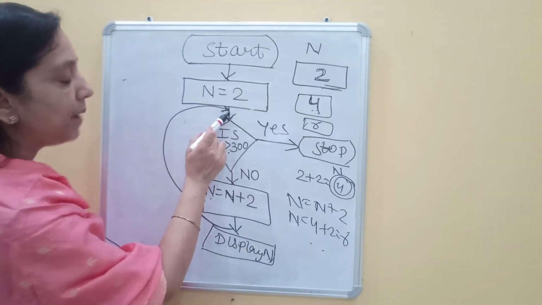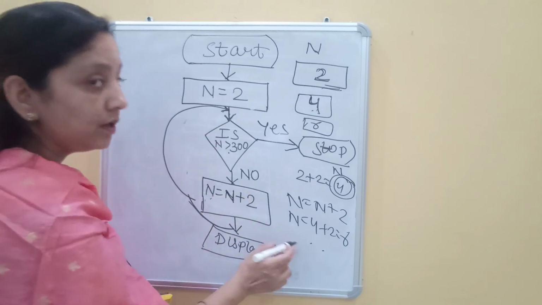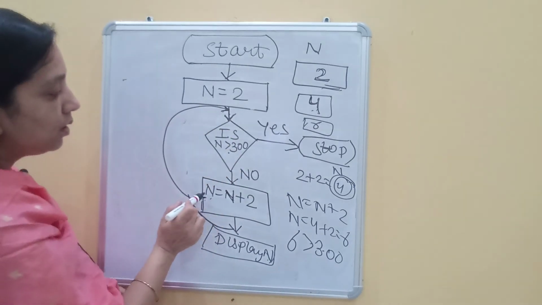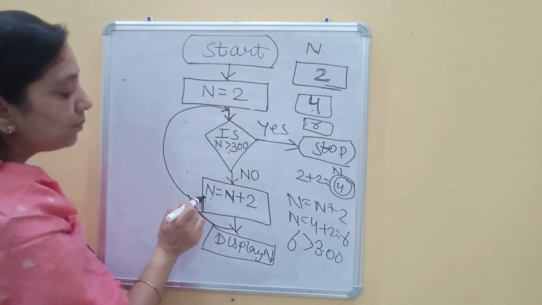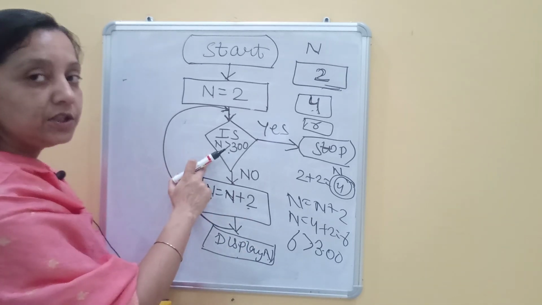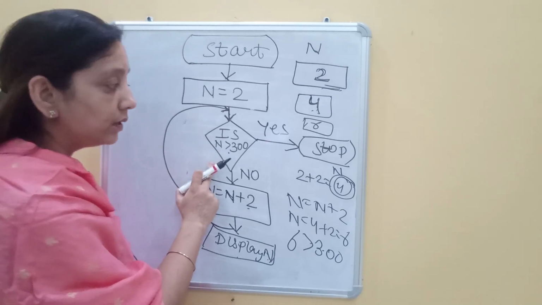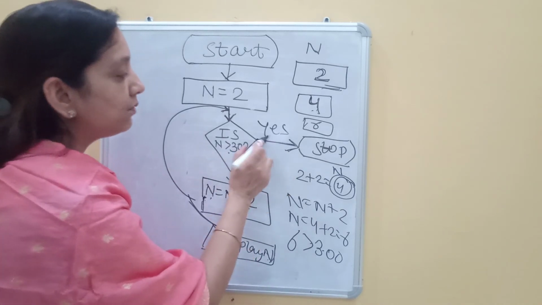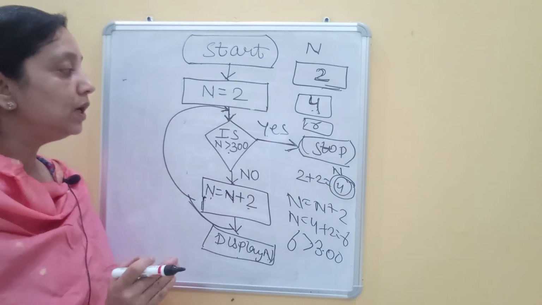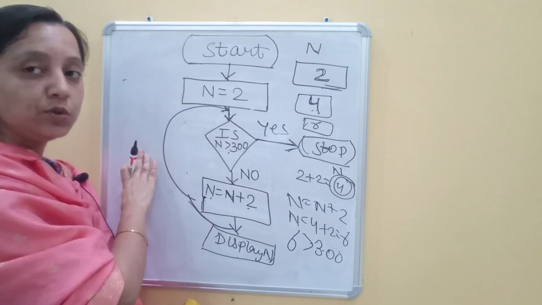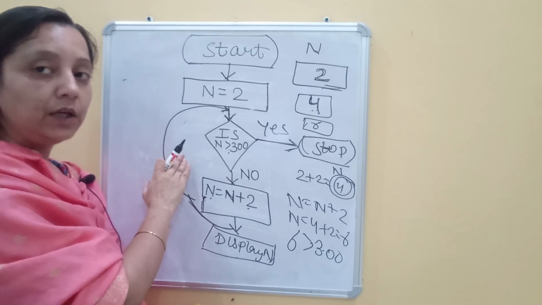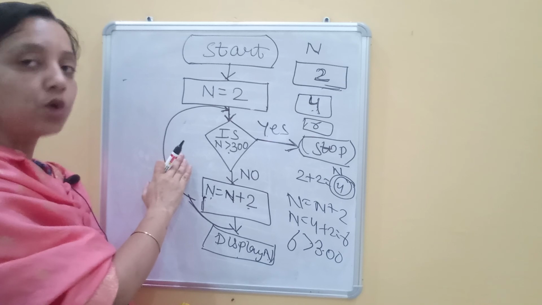Then again it will go back to the decision box and check, is n greater than 300? Now you tell whether 6 is greater than 300. No. That means again it will go back to this particular box after the decision box. Process n, it will do n equals n plus 2, display it, and it will keep on doing it until n reaches a value which is greater than 300. At this point, when this condition is satisfied, it will say stop. So this is how you can generate a list of even numbers up to 300. So this is a flow chart using a decision box which involved generation of a list of even numbers up till a value 300. So this is all about flow charts.